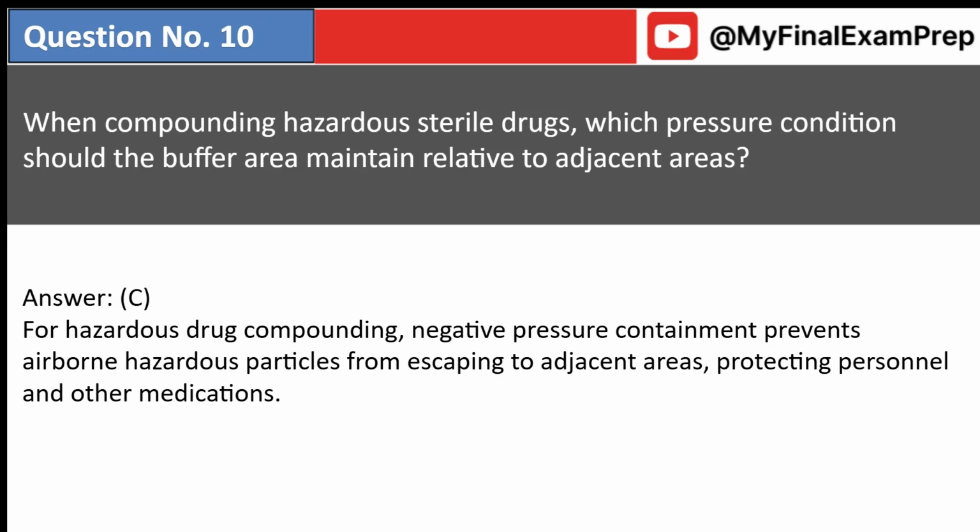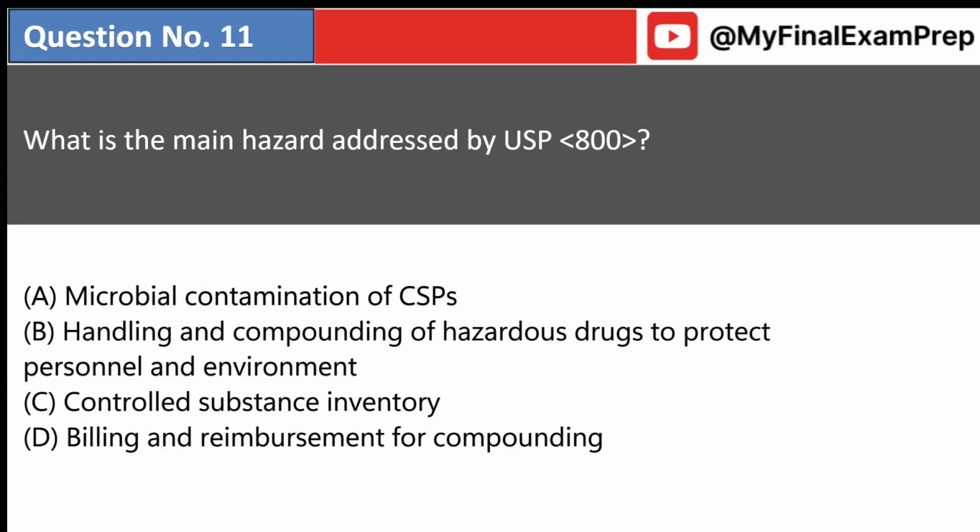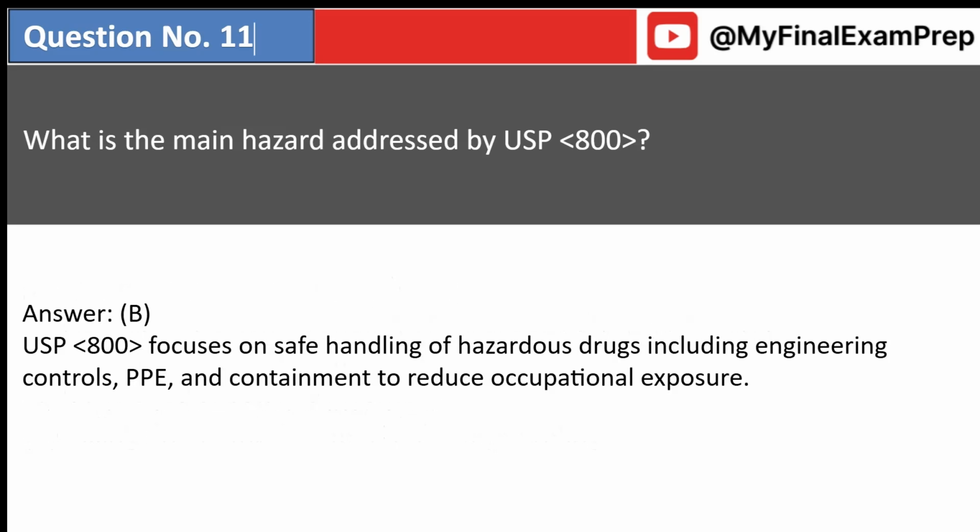and other medications. What is the main hazard addressed by USP <800>? A. Microbial contamination of CSPs. B. Handling and compounding of hazardous drugs to protect personnel and environment. C. Controlled substance inventory. D. Billing and reimbursement for compounding. Answer: B. USP <800> focuses on safe handling of hazardous drugs including engineering controls, PPE, and containment to